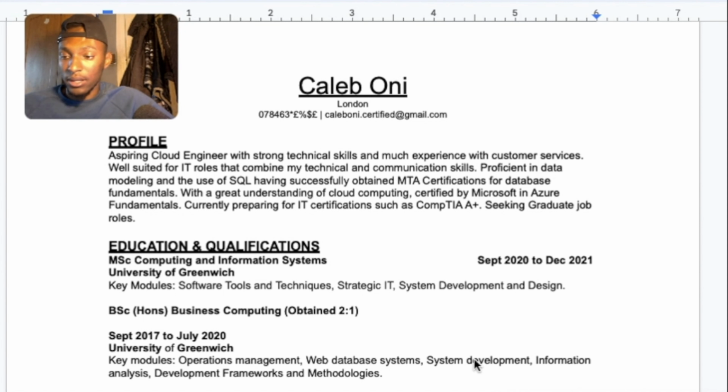So let's take a look. At the time of writing this, I had about 3 months of working experience. So I'm going to go through some initial tips for a CV that I would advise. Of course, my CV is not perfect, and everyone has different ways of writing their CV, but I do think my CV is quite strong, and these tips would be helpful for anyone. So, first thing,